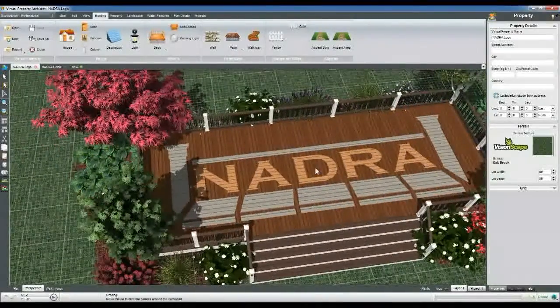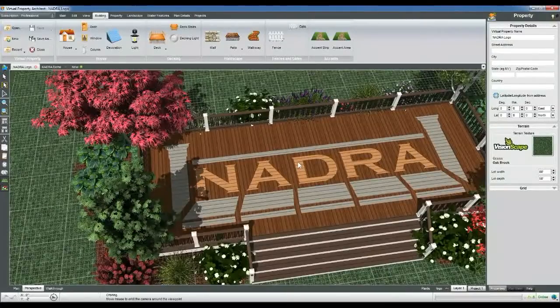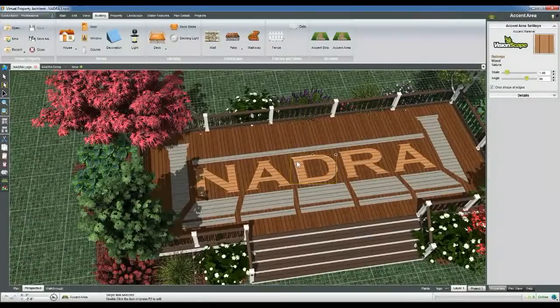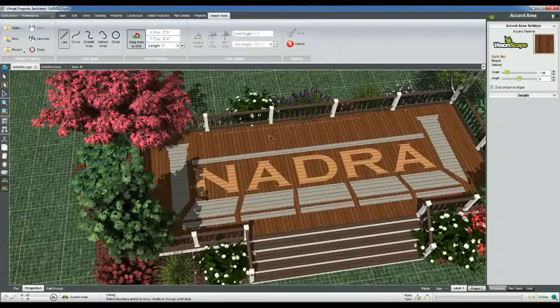Since we started our relationship with NADRA, we learned a lot about some of the techniques that a lot of you guys are using in putting in various inlays, how you angle various boards together. So we created, or we're in development, I should say, of a tool called an accent area and an accent strip. Now this hasn't been released yet, but we're very close to releasing this in the next version. And essentially what an accent area is,